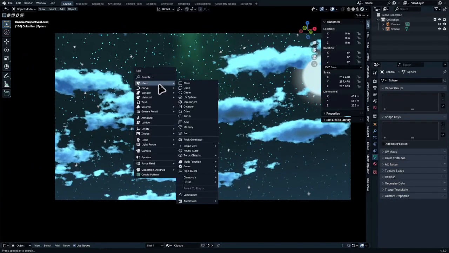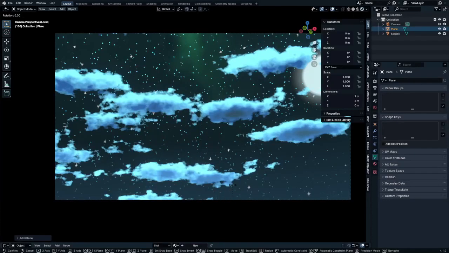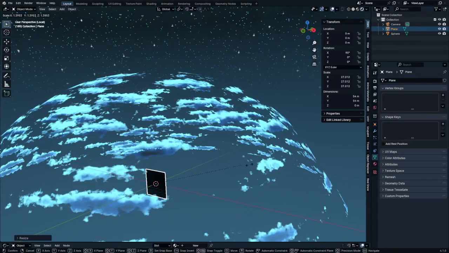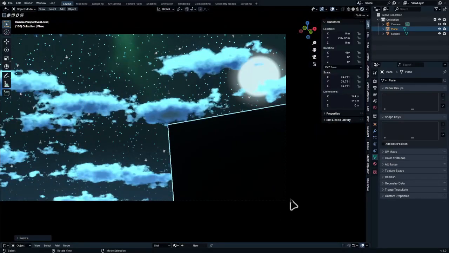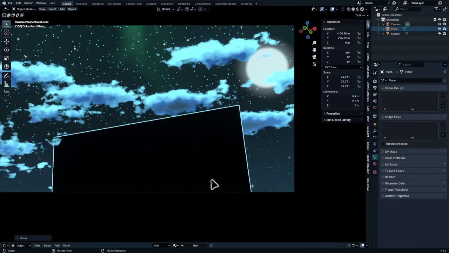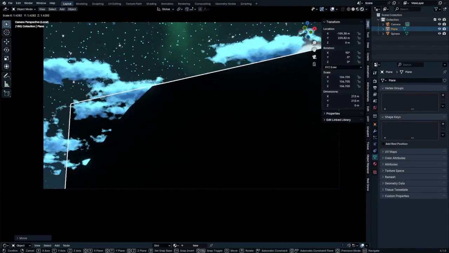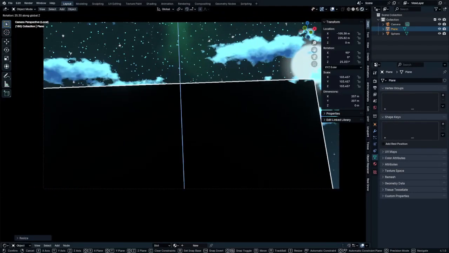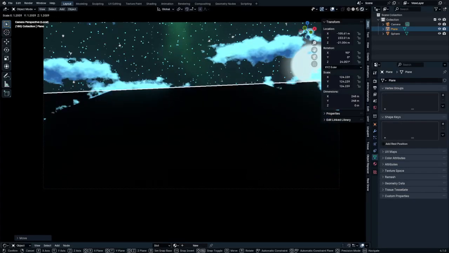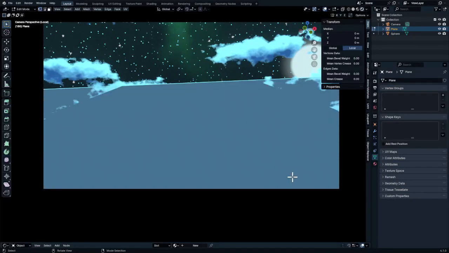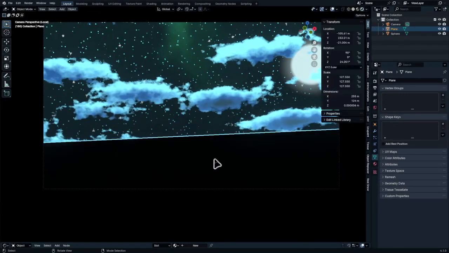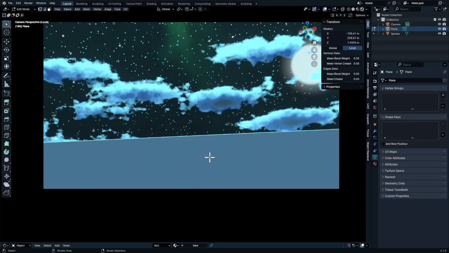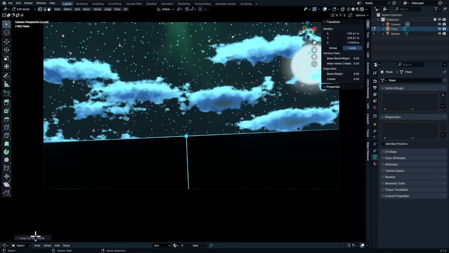The mountain is actually made of just a plane, rotated down on the x-axis, scale that up, scale it up, scale it up, so it's gonna fit the scene. Move it like this, maybe scale it down, move it along the x-axis, and scale it again, rotate it towards the camera, move it down, scale it up, and go to edit mode, scale it on the z-axis, and move it up kind of. Okay, apply the scale for that, and you can add some loop cuts, increase that number